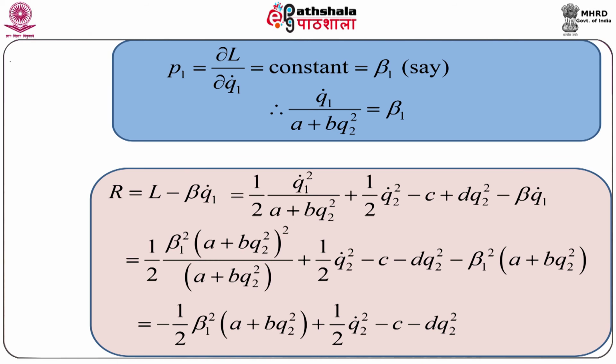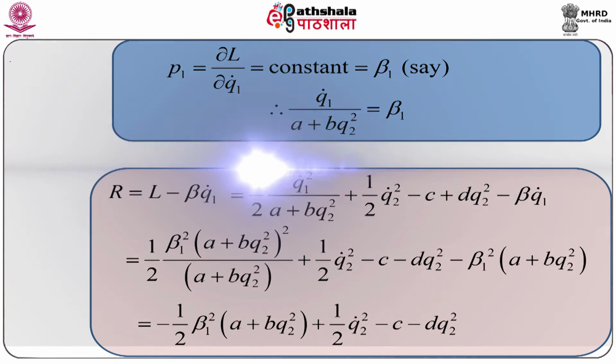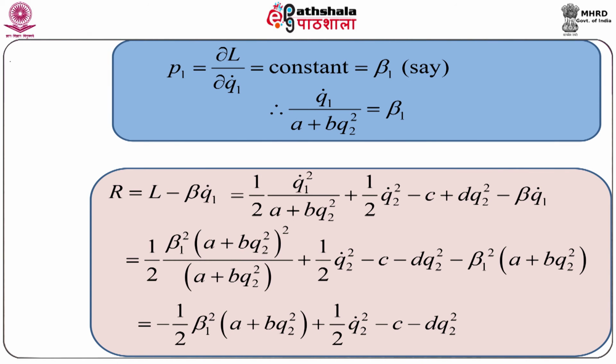If we put the value of the Lagrangian L, then R becomes half q1 dot square divided by a plus b q2 square plus half q2 dot square minus c minus d q2 square minus beta 1